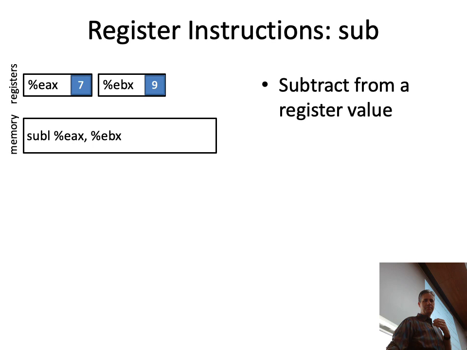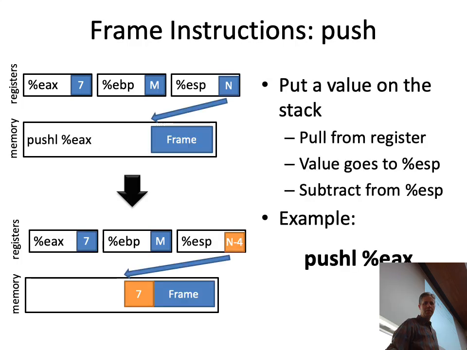So here's an example of when you do sub, if you have 2 registers: sub EAX, EBX will overwrite EBX with a new value. Pretty simple. So our next more exciting instruction is the push instruction. If you want to push a 32-bit value, you put l on it because that's the size, 32 bits is a long. And so if you say push EAX,